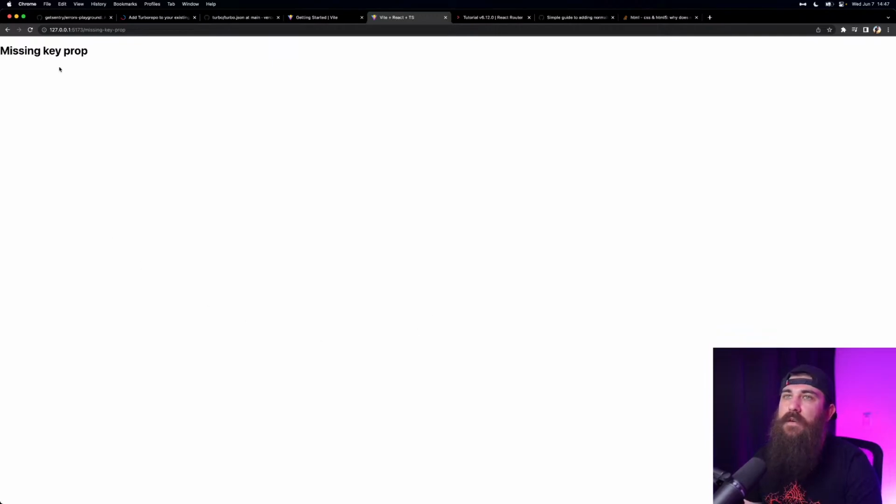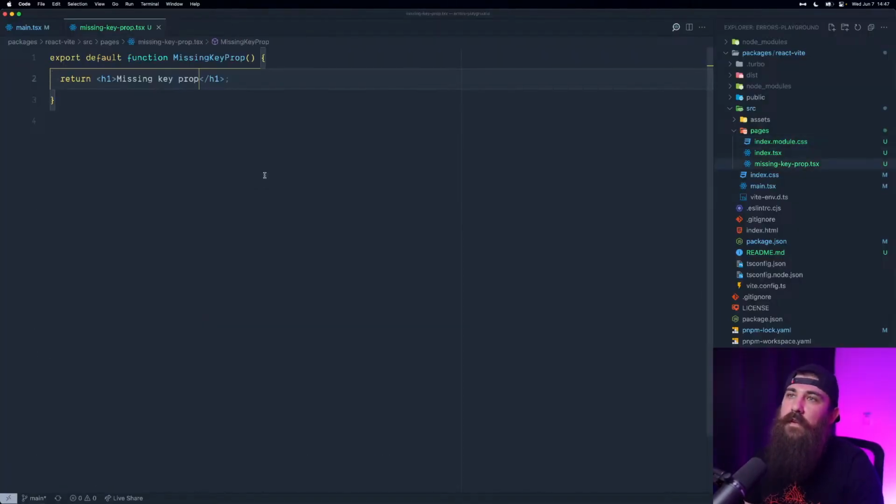So there we go, missing key prop, and now we're into the example. Cool. Okay, that was a lot. So I think we're ready to actually start playing with the example. And this is going to be